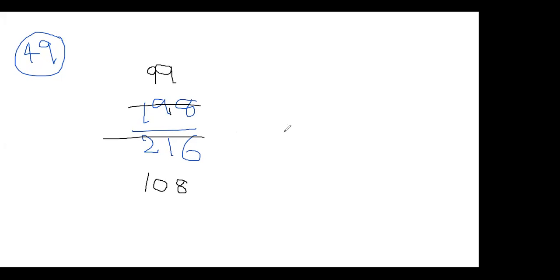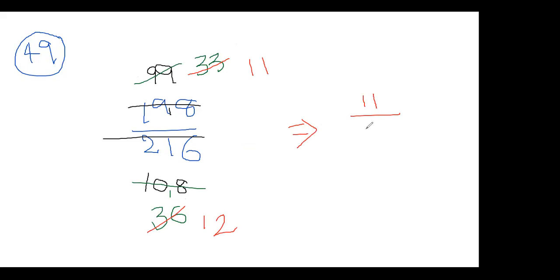Now the numerator is 99, it goes in the 3 table. 108 also goes in the 3 table, because 1 plus 8 is 9, and 9 is divisible by 3. That's why 108 is also divisible by 3. Yes or no? Now again cancel it in the 3 table. 3 3s are 9, 3 6s are 18. Again do that cancellation, 3 ones are 3, 3 twos are 6. Now anything else? No. The numerator is 11 and the denominator is 12.